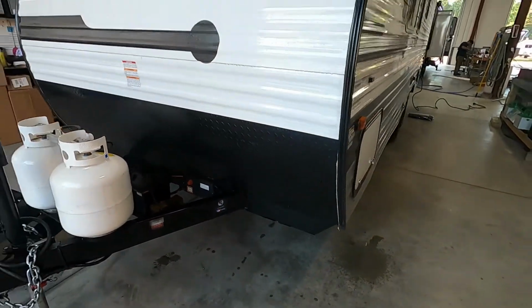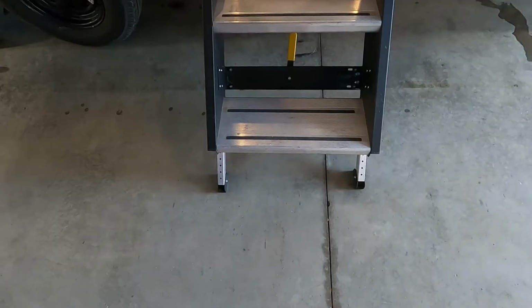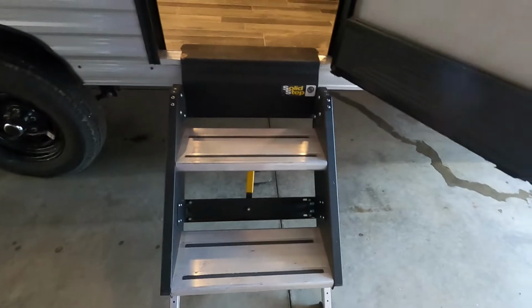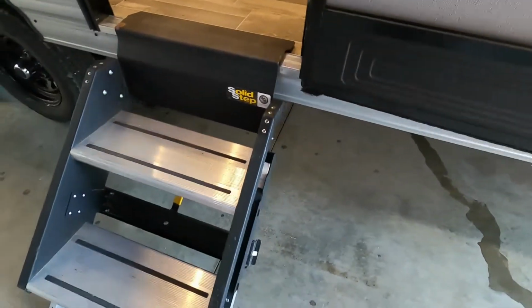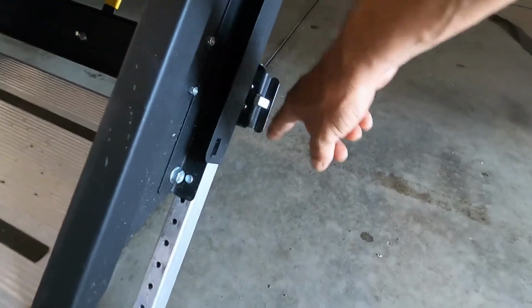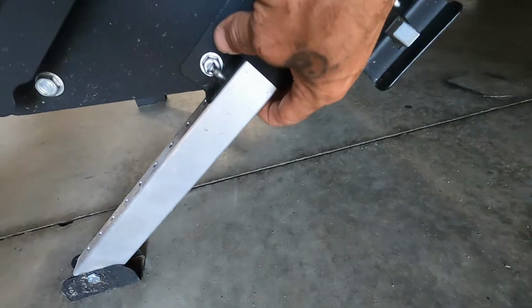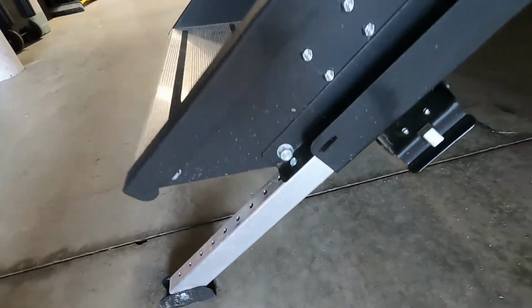Well, that covers everything out here. Let's go take a look on the inside. Let's talk about your solid steps here. The biggest thing on these, bringing them down or up, you want to make sure your exterior door is all the way open, otherwise this could catch on it. You also have adjustable feet with a cotter pin to remove to bring those up and down in case you're